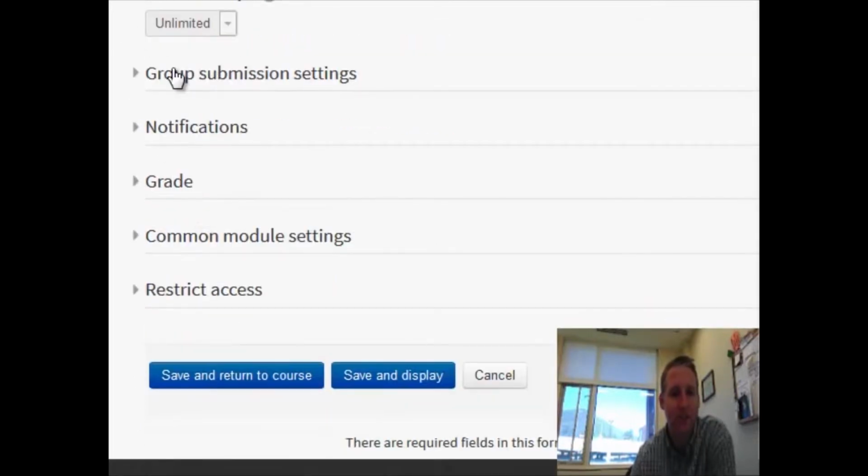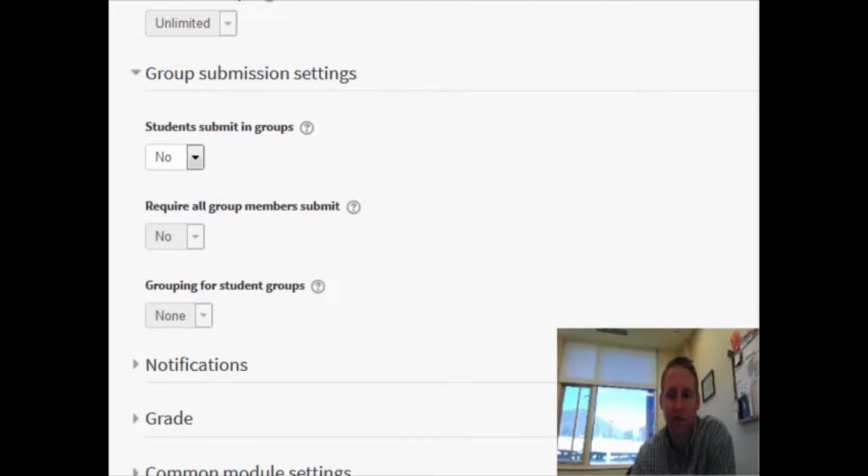Group submission settings can be really helpful if students have been divided into groups and will be submitting one common document for them. I would suggest that you make sure all your students are set to groups. This is kind of an all or nothing sort of assignment. So if you have students who have not been placed in a group and you try to allow them to submit in groups, all students who aren't in a group are going to be placed in a default group,